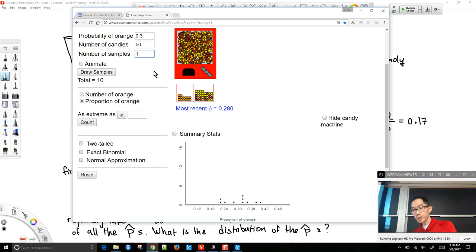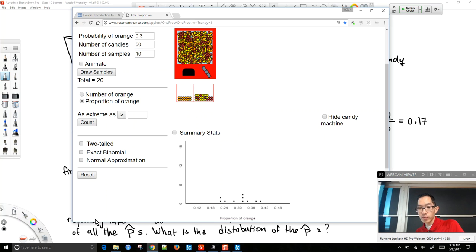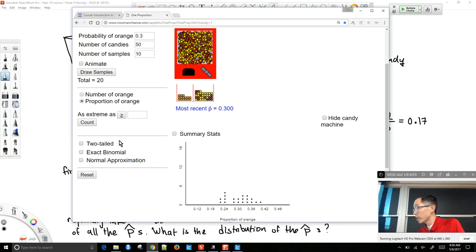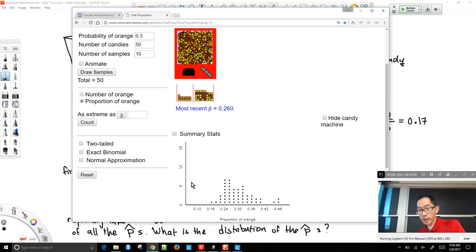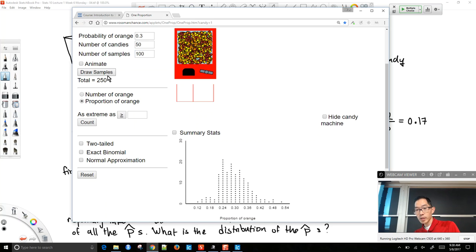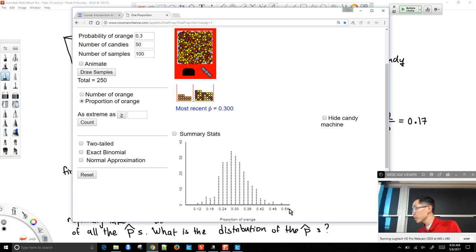Now I can speed things up and I can say, well, instead of doing one at a time, just do 10 at a time. Okay, so this is after 20, here's after 30, and after 50 samples, we're starting to get some kind of shape here. And let me speed things up. So we'll do 100 at a time. Okay, and so after 250 samples, we start to see that, okay,